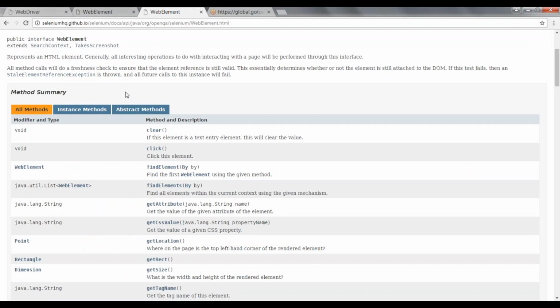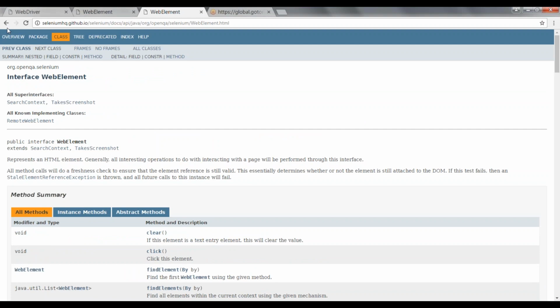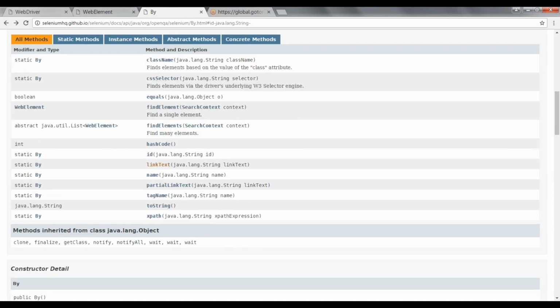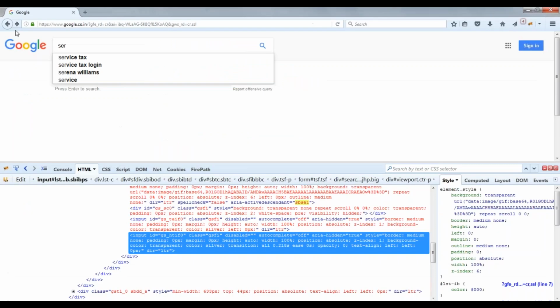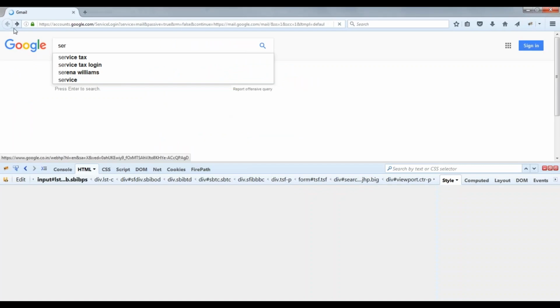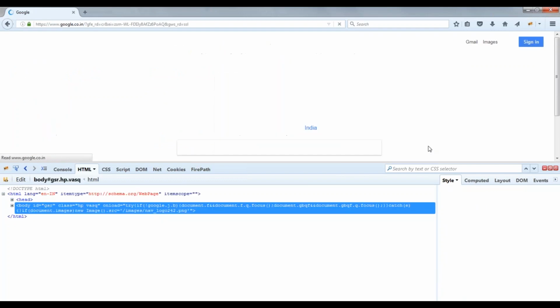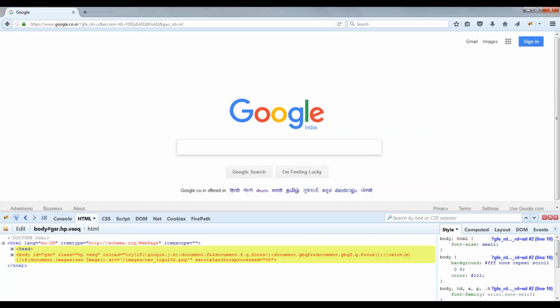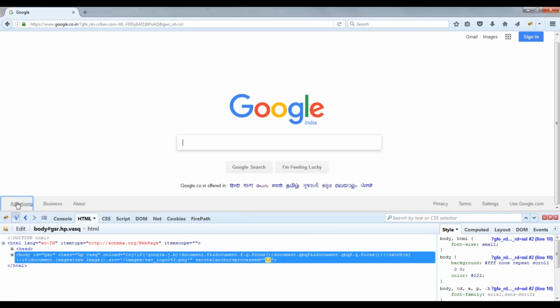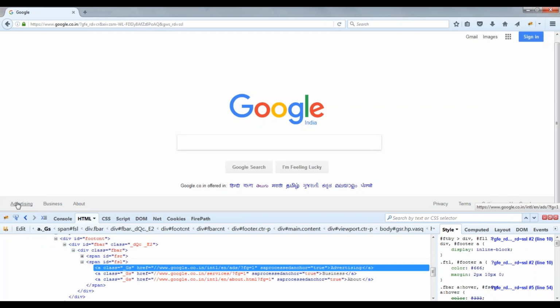We have some other locators. Let me go to that. So by ID, and we have by link text. So what do you mean by link text? If you go to any page, right? I will go to google.com. If you go to any page, you can see here, this is one link, right? This is one link. So earlier what I did, I have not clicked on this advertising. I have taken the URL. Now what I will do, I will click on this advertising.